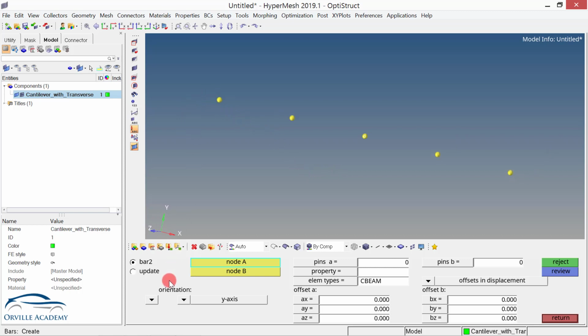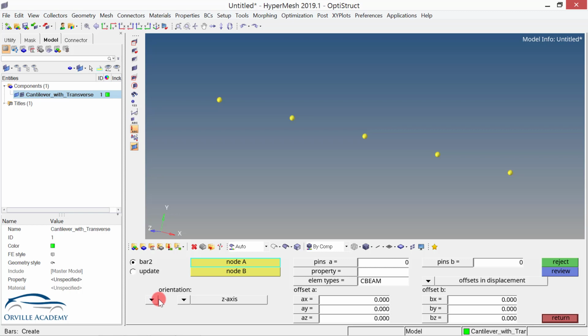Now as you can see here, the current orientation has been set to the y-axis. For the time being, let me make a mistake and select the orientation as the z-axis. Keep in mind, previously we discussed that the orientation should not be the same as the axis. So here I have two options, either I can go for the y-axis or I can go for the z-axis. So let me go for the z-axis.